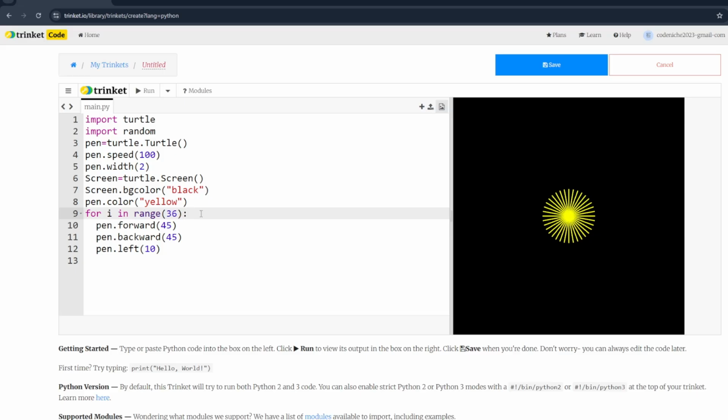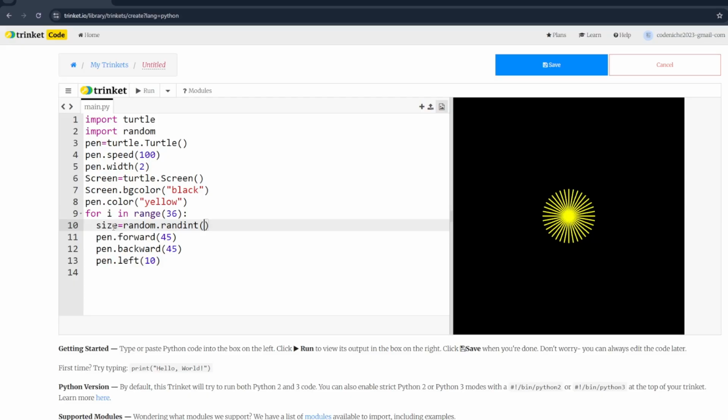Now here what I'm planning to do is define a variable. This variable will make sure that as soon as the size of the line gets decided, this loop will also get updated. So this variable will help me choose a random value for each line of the firework.